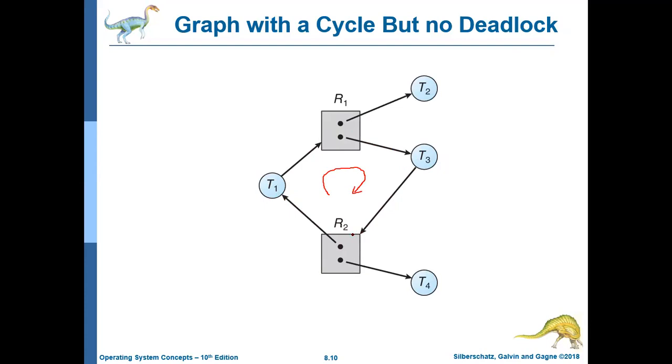But here we do not have any deadlock. Why? Can anyone tell the answer? Here we do not have any deadlock. Now let's check.